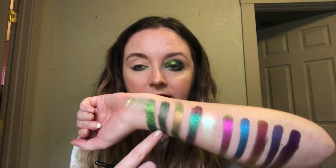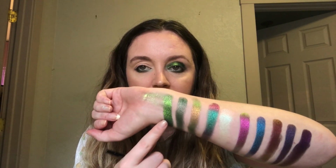Ooh, it's a little bit dramatic. So you can see kind of a teal tone going on under there. So just remember that's this shade underneath my eyes. This is the shade on top. So I am seeing a little bit of fallout, but I think it was from applying the under